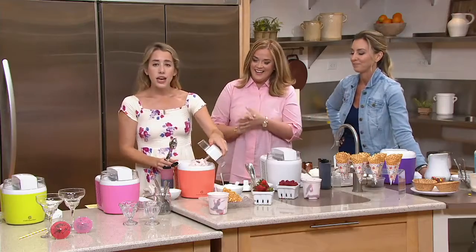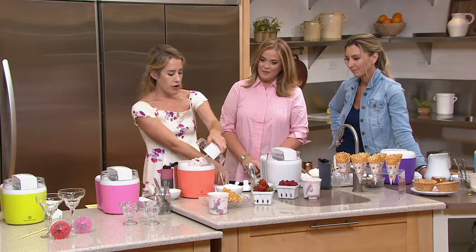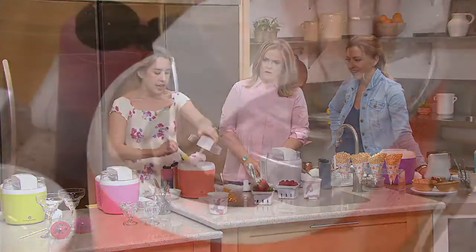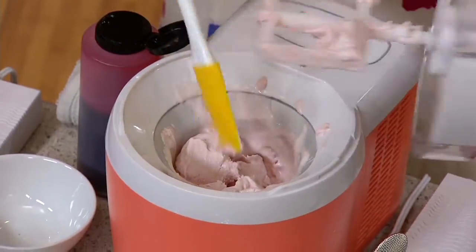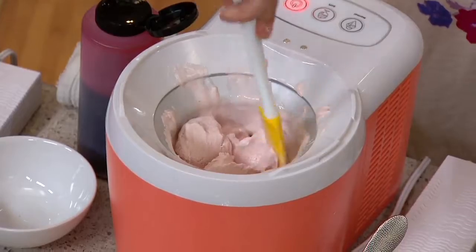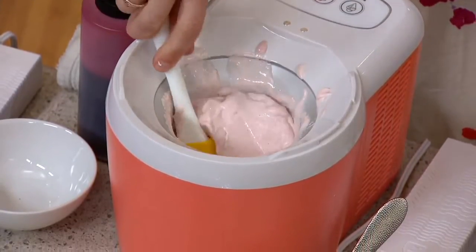Strawberry cheesecake. Look at how beautiful this looks coming out. It's that thick. Look how gorgeous. Oh, wow. So this is pureed strawberries, real cream cheese, heavy cream, milk, half and half, and you can of course stir in